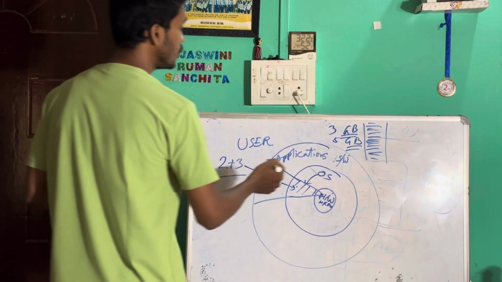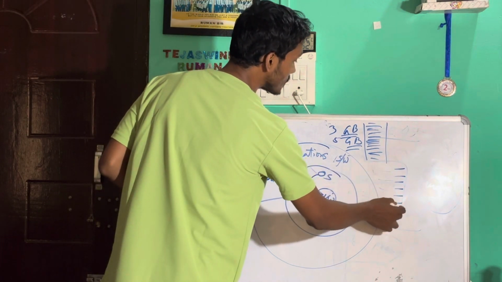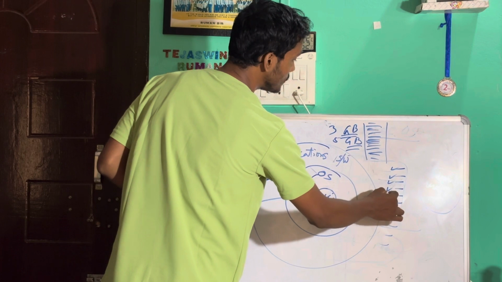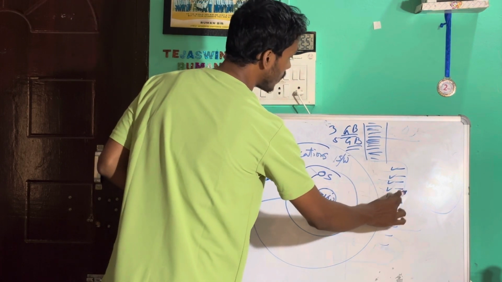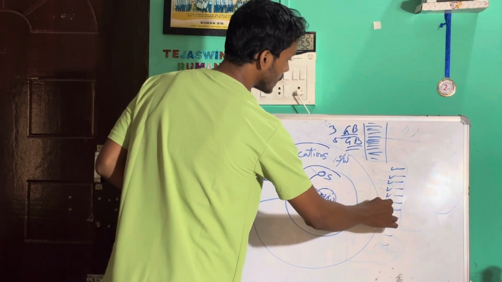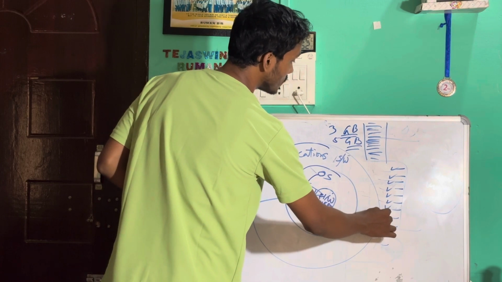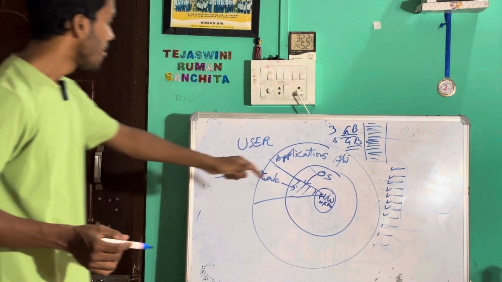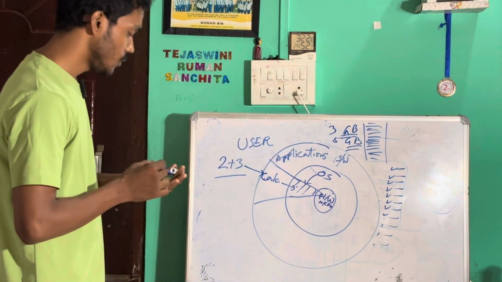So the operating system is a software that is full of code. Why? Because it has to perform so many tasks, starting from memory management, hardware management, CPU management, then file management, security, input output device management, process management, scheduling. All these tasks are performed by the operating system itself. So there are two types of